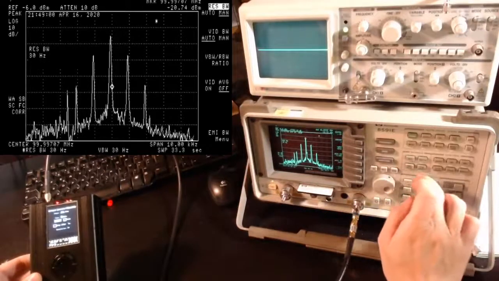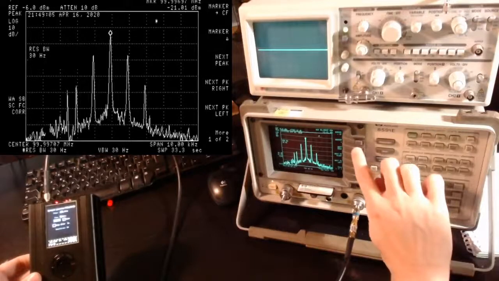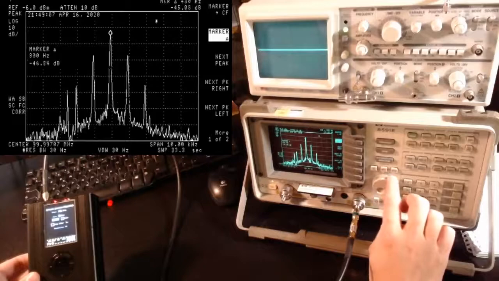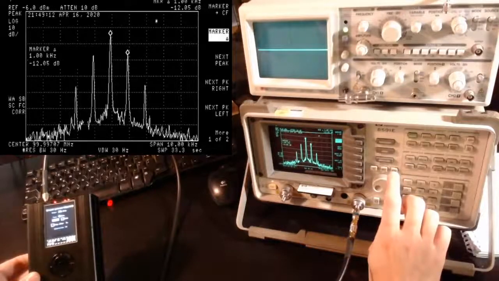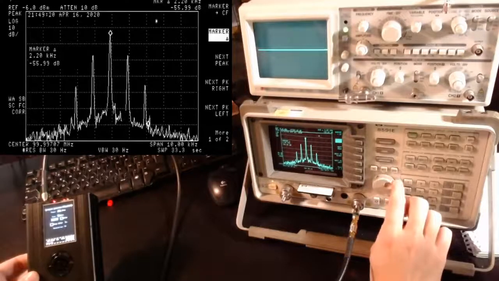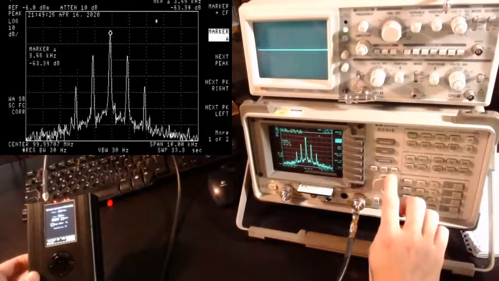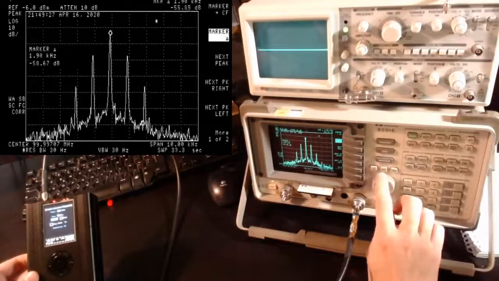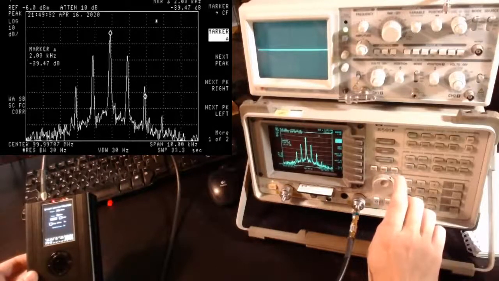So let me find the peak. The peak is there. This is the carrier at 10 megahertz. And if I take a delta marker, I can move away by exactly 1 kilohertz, because this is the frequency we are modulating. And here we have this first harmonic. And then there is another one, and there will be all the other ones, at least mathematically speaking, in theory. And their amplitude is determined by so-called Bessel functions that you can read about on Wikipedia. I also have to study this topic way more. Anyway,